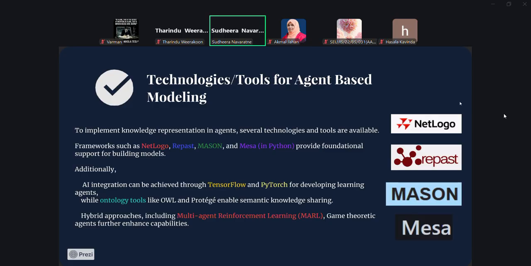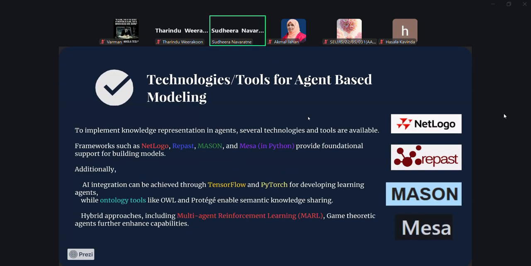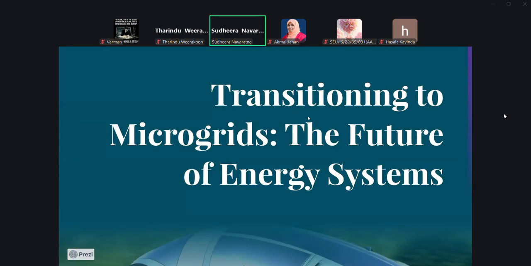All you do is model the individual agents and their interaction, and then you simulate many different scenarios by putting these agents into the environment.